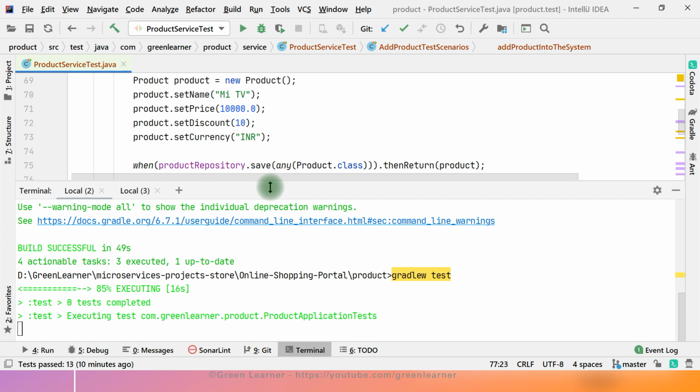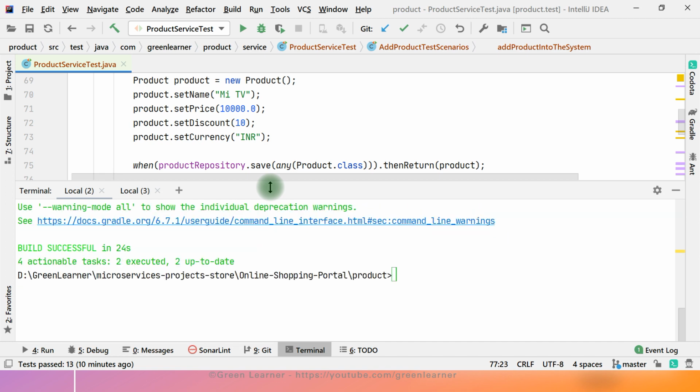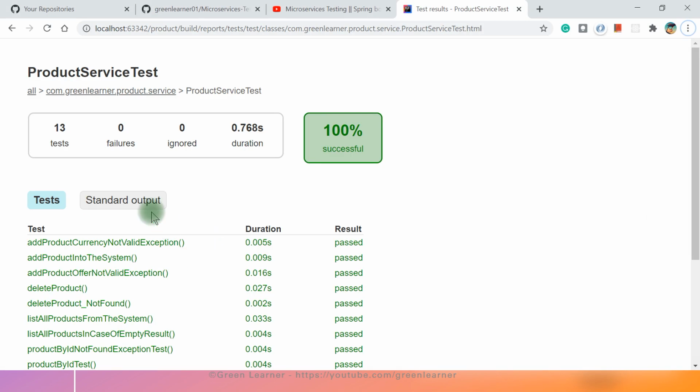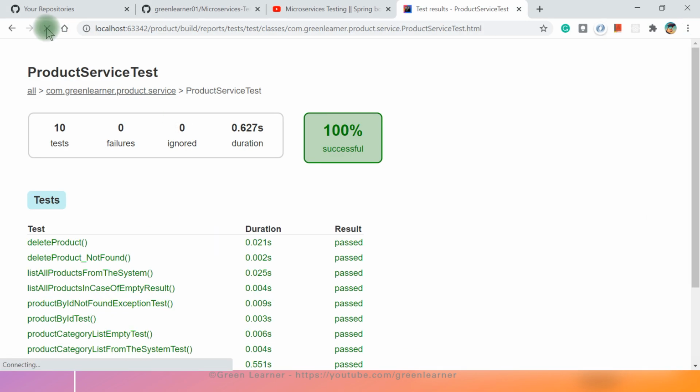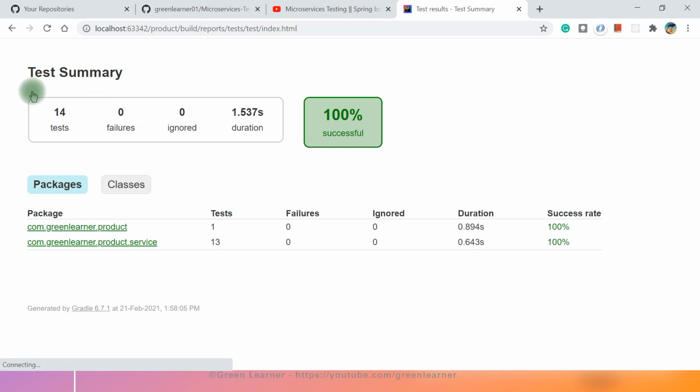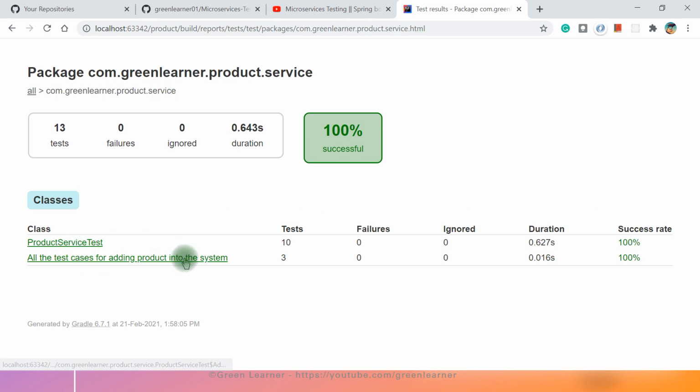Okay, fingers crossed, hopefully all the test cases pass, because we are making some changes and we have to make sure that it is not breaking anything. So yes, we are going to see that report here. Just refresh this part, come a bit back here. Yes, product service test. Now you see here, under product service, we are seeing two folders.